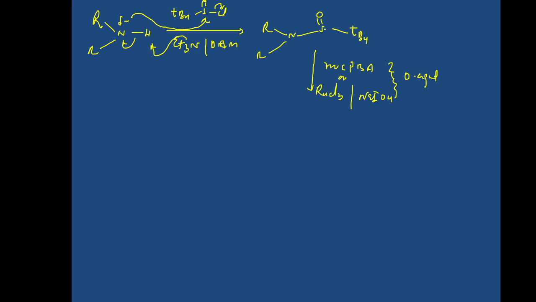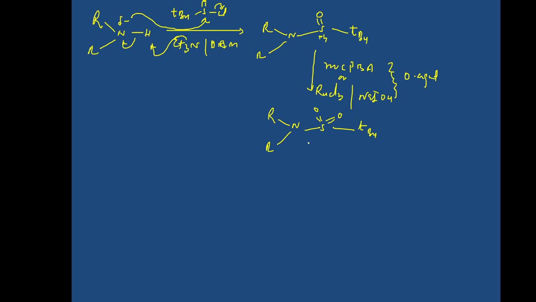They will bring about the oxidation of sulfur, because we know sulfur can increase its oxidation state from +4 to +6. Here the oxidation state of sulfur is +4, and it can get oxidized. Now once the sulfur gets oxidized, we can have S double bond O, and this is tertiary. Now this is the actual protecting group.